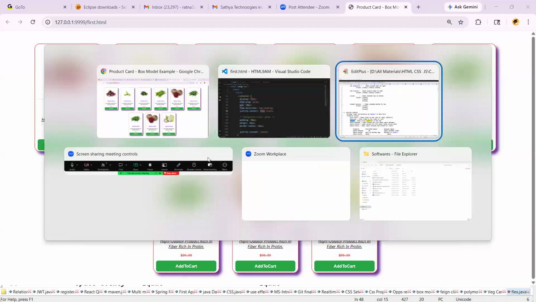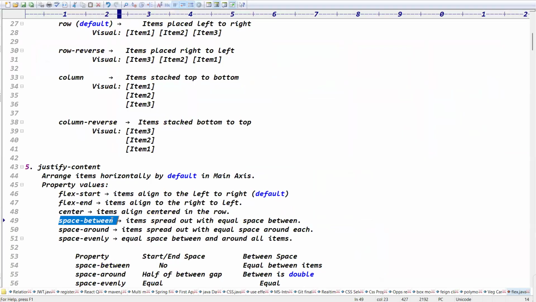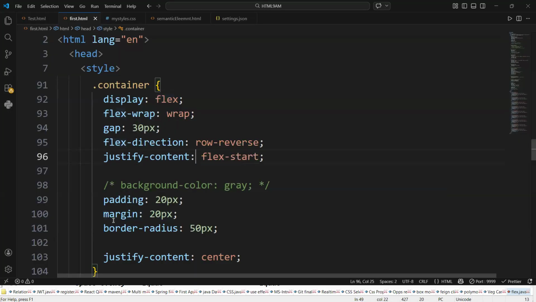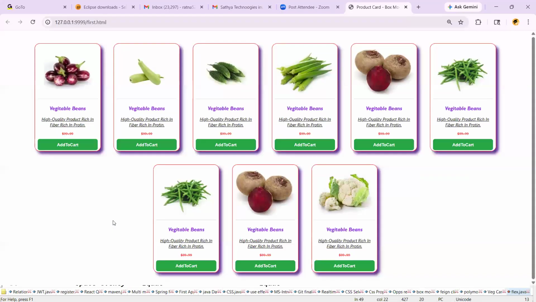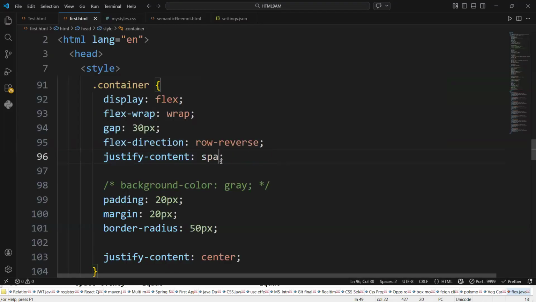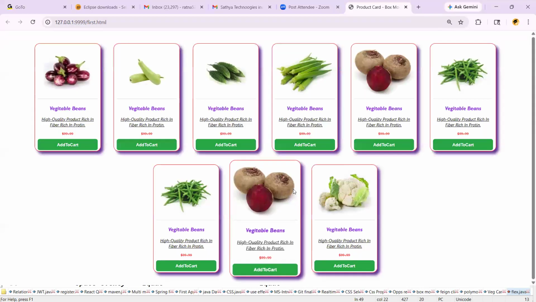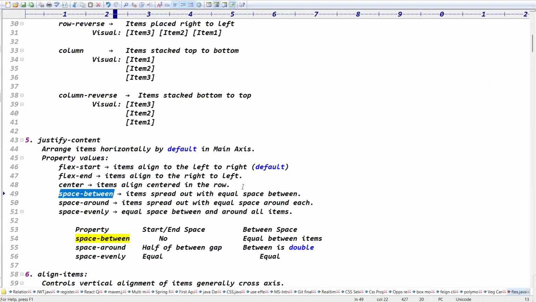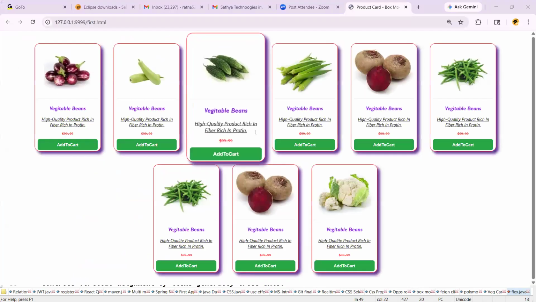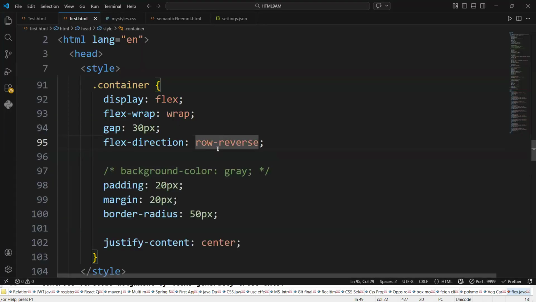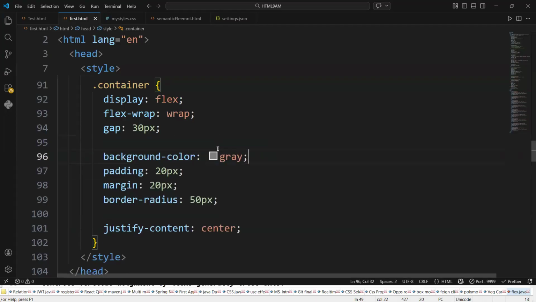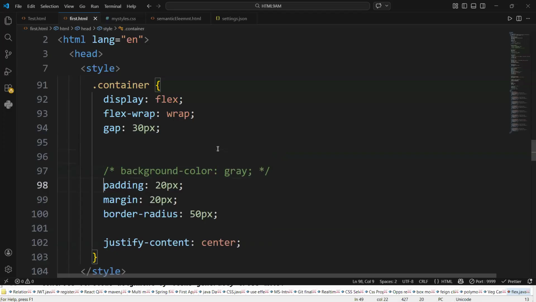Justify content is flex start. And space between, let me apply it once. Can the space between property apply? No, I think it's not applying. Space between, and you can write space around. No change is done. Justify content is not working. Why is it not working? Flex direction, justify content. Oh,